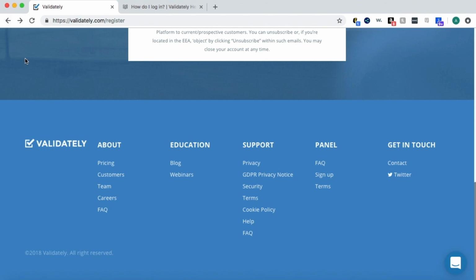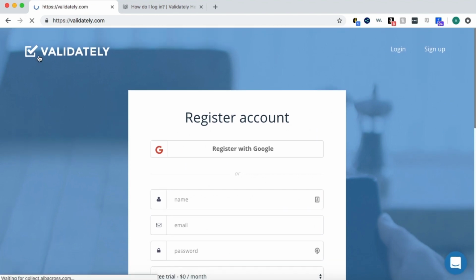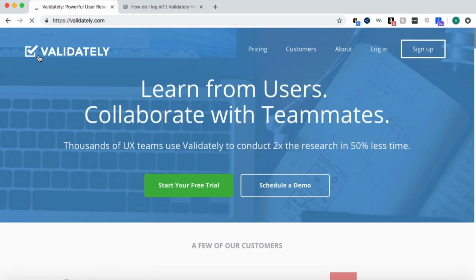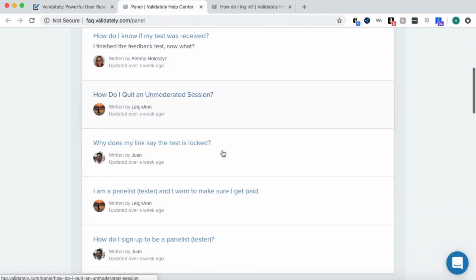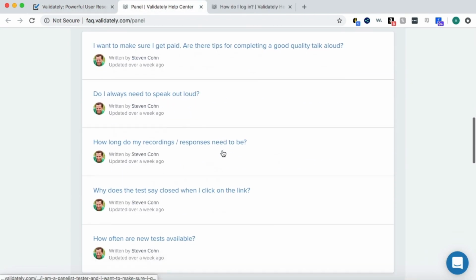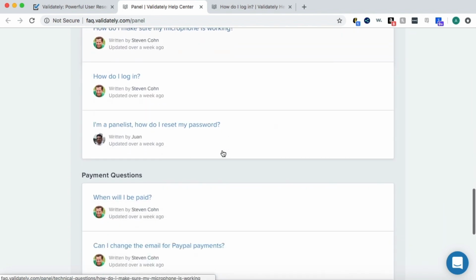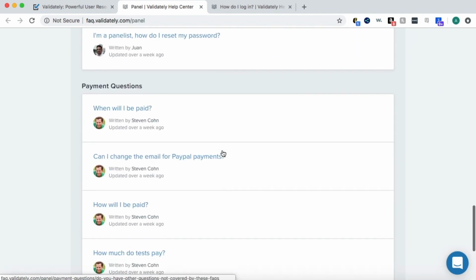But I feel like Validately should do a better job of addressing some things like, what kind of software do I need to be able to participate on this website, is there a Validately screen recorder like other usability testing websites that I have to download that's going to record me and my screen? As we saw on the panel, that question was not asked, but we do have this final link under payment